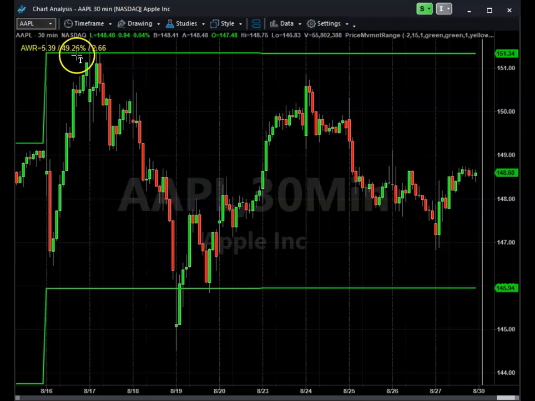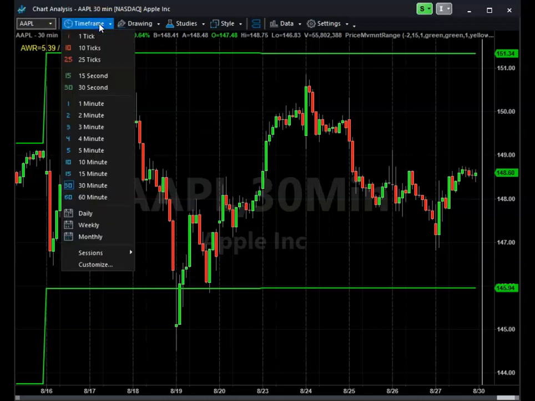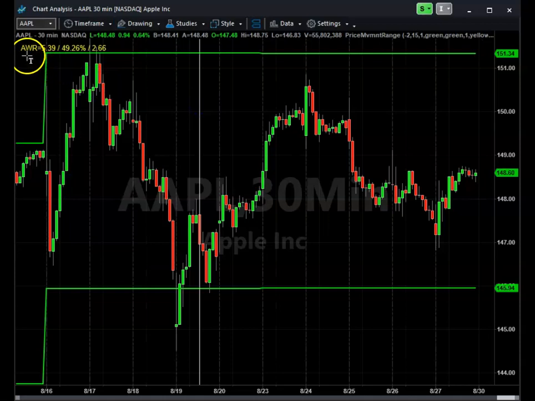And let's change this to, oh, I'm sorry, I wanted to make sure you know it'll tell you what time frame you're looking at. So AWR is average weekly range, and for daily it'll be average daily range, and then hourly it'll be AHR for average hourly range. And again, this is just saying on average for a week there's roughly